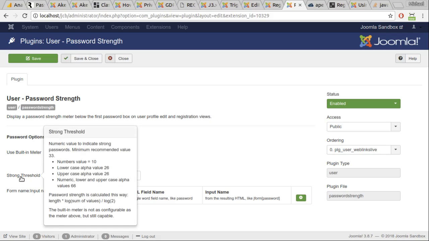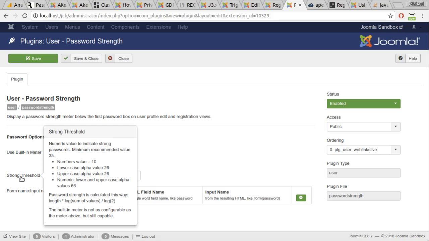And the funny thing is that it completely ignores the com_users password requirements. So you could have a strong threshold defined here, but